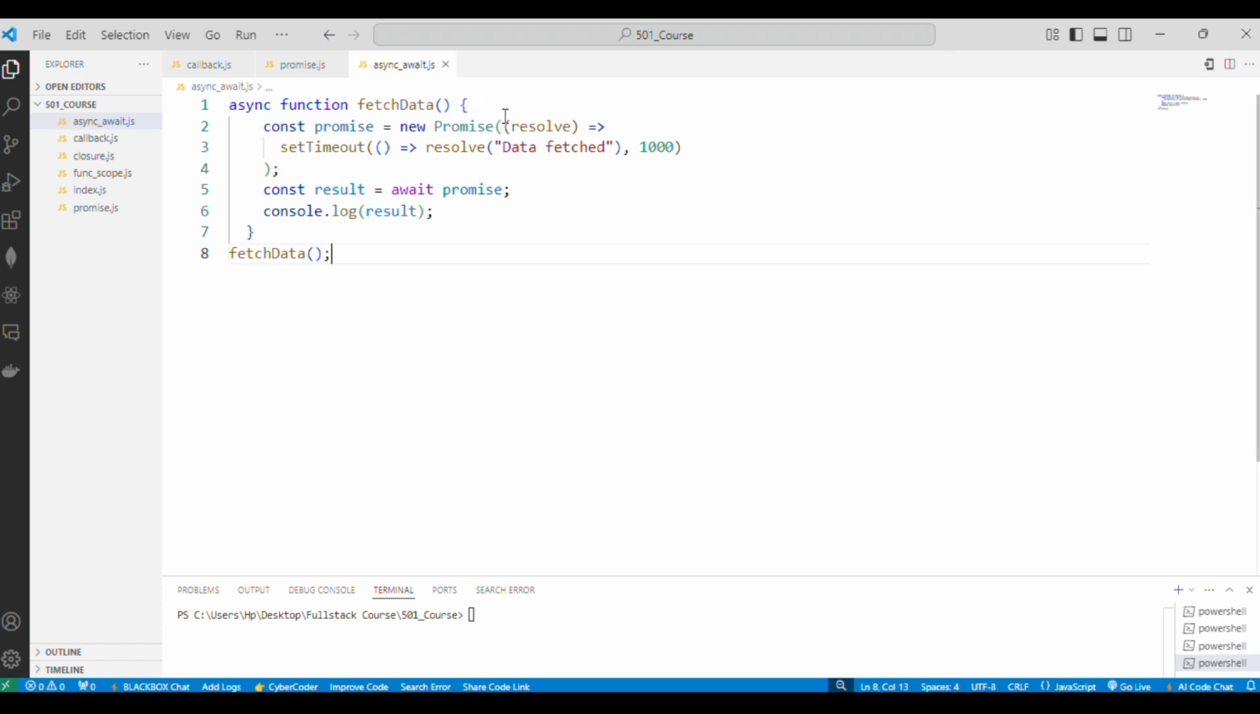In this code, the async function declares fetchData as an asynchronous function. An async function always returns a promise. Inside fetchData, a promise is created that resolves after 1 second with the message "data fetched". The await keyword pauses the execution of the function until the promise is resolved. The resolved value, data fetched,